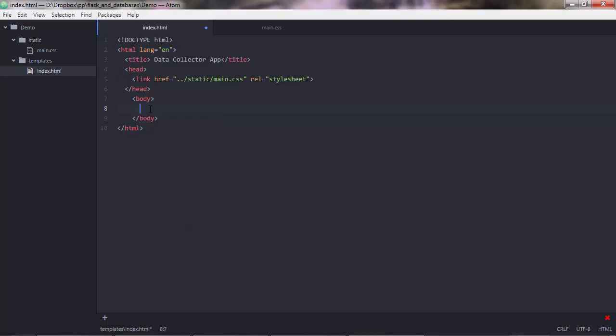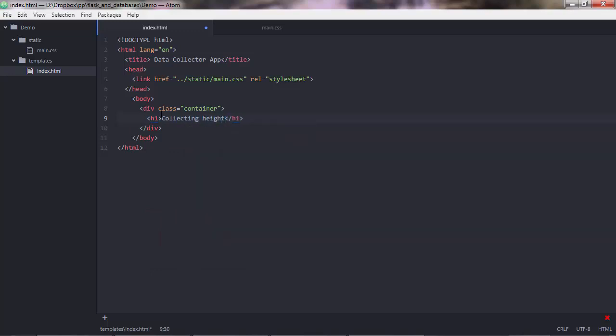But before I do that, I would like to use a division. So a division is to organize your HTML elements better. And this also allows you better referencing from your CSS script. So this division will wrap up the entire container, the entire page. I'll give that a name, container. So with that name I'll refer from the CSS class. And then everything goes inside this division. So h1, h1,